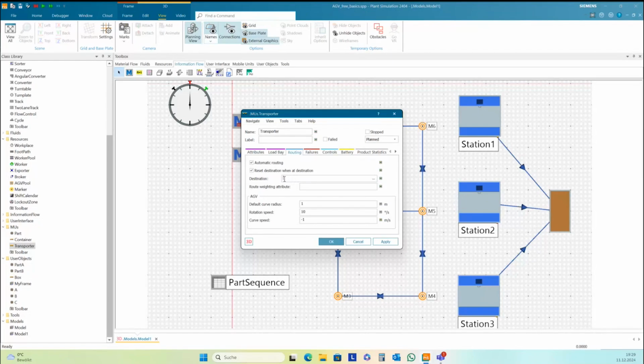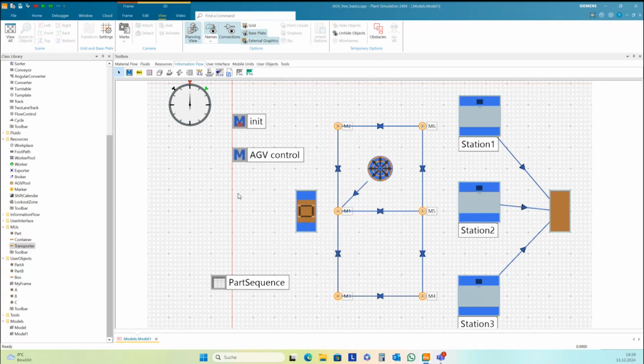And then we have to wait until the HEV has reached its destination, and this is the same way like the free moving HEV without route finding, its destination was reached. So it's slightly different how to program this here. You cannot set a route. We have to use the destination attribute of this transporter.